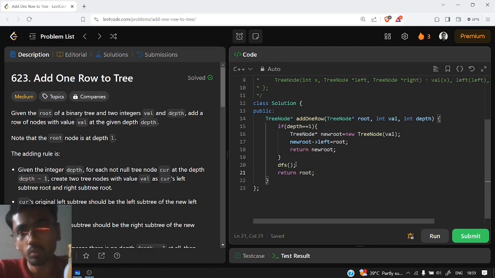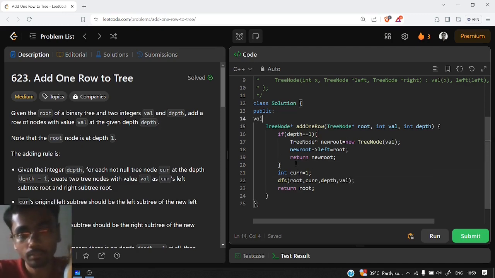So we will return root there, and we will also maintain a variable called current, which will initially be equal to 1, and which will show us at what depth we are presently standing. So let us pass the variables now: current, depth and val. Now let us do a DFS traversal.